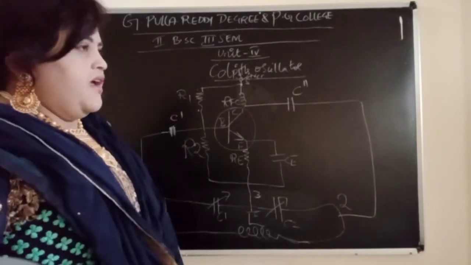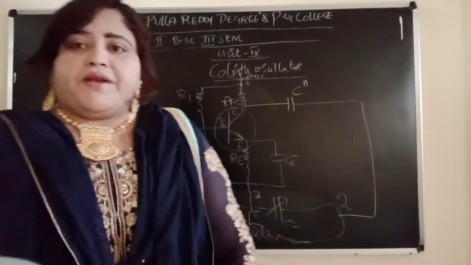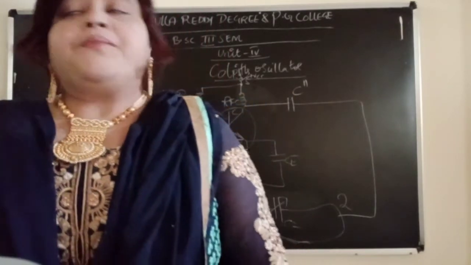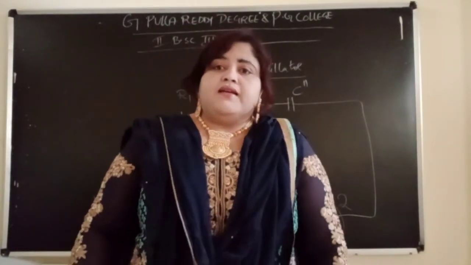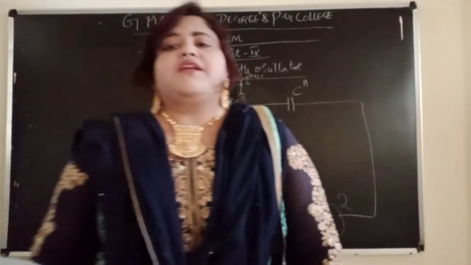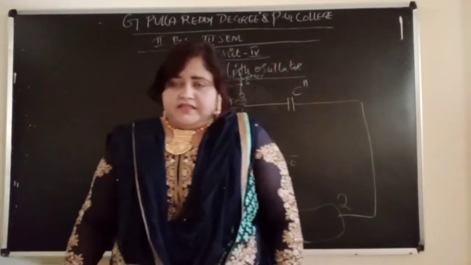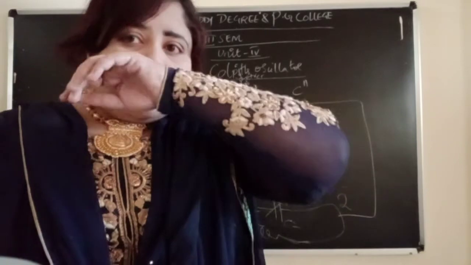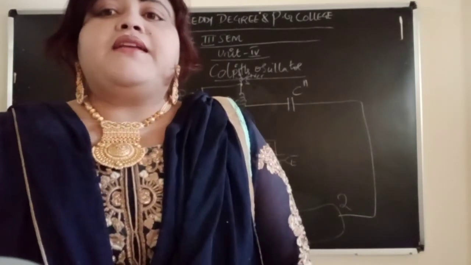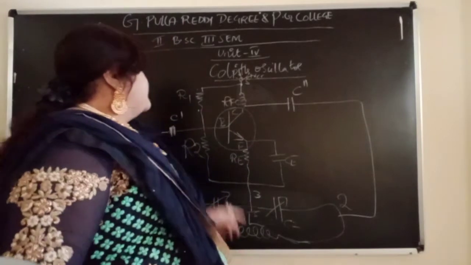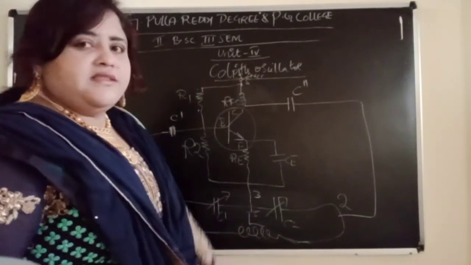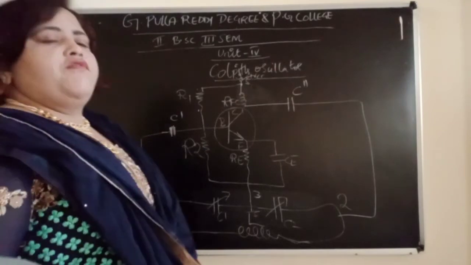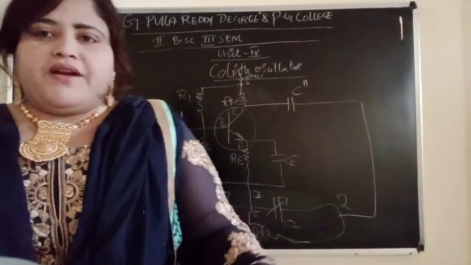DC operating point to the transistor means the transistor should operate on the DC point, because what is an oscillator? Oscillator means without any AC input you will be generating the output in the form of a sine wave. So how will you generate it? As long as the DC power supply is connected to it, you can generate. So what is the main point here? Resistor R1, R2, RE and plus VCC is establishing the DC operating point for the transistor, so that it should operate on DC.